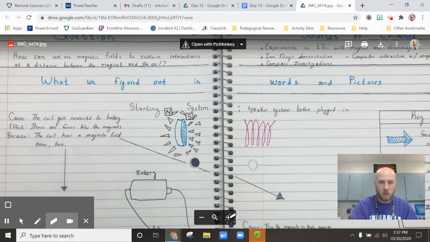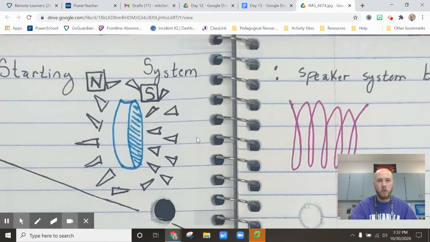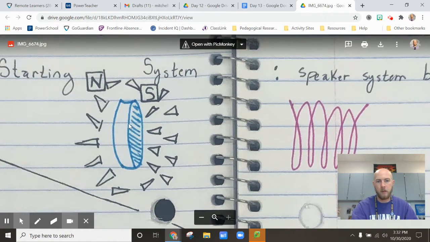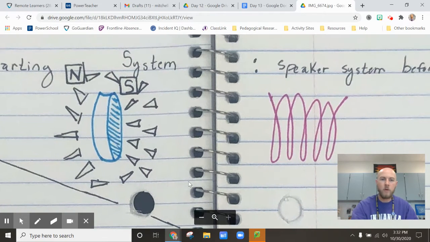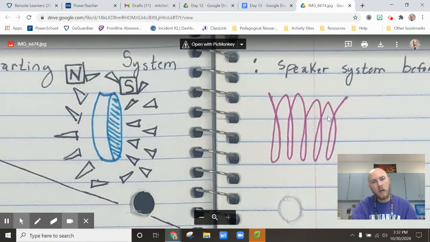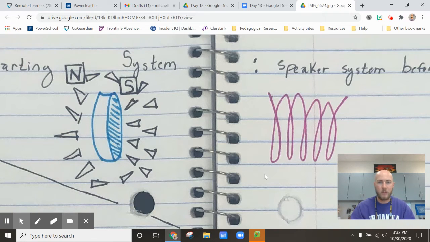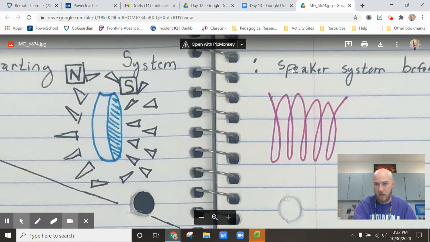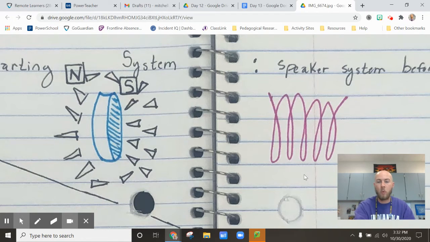So before we plug our speaker in, you'll notice that we've got a magnet right over here, and we've got our coil of wire. Now, if we draw our magnetic fields, because the coil of wire is not plugged in yet, it does not have a magnetic field. There are no magnetic field lines coming out from this image, and therefore it has no force of attraction or repulsion,